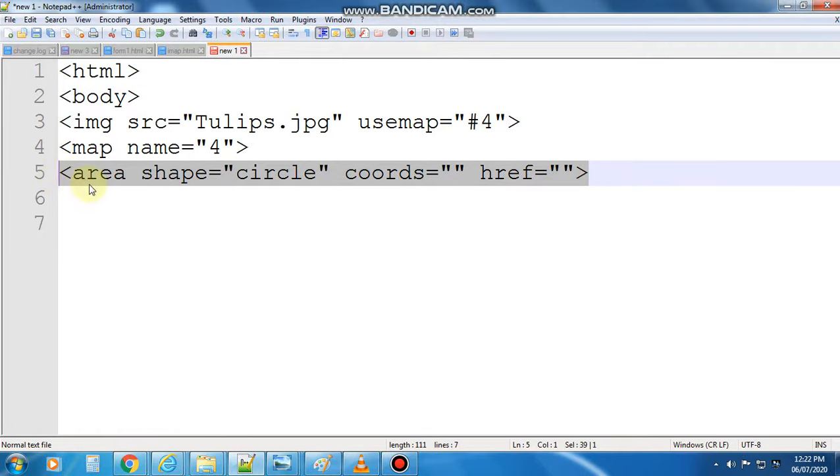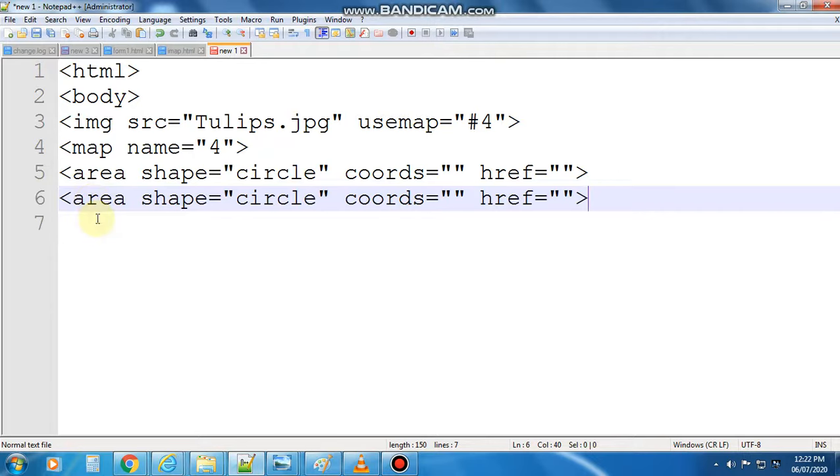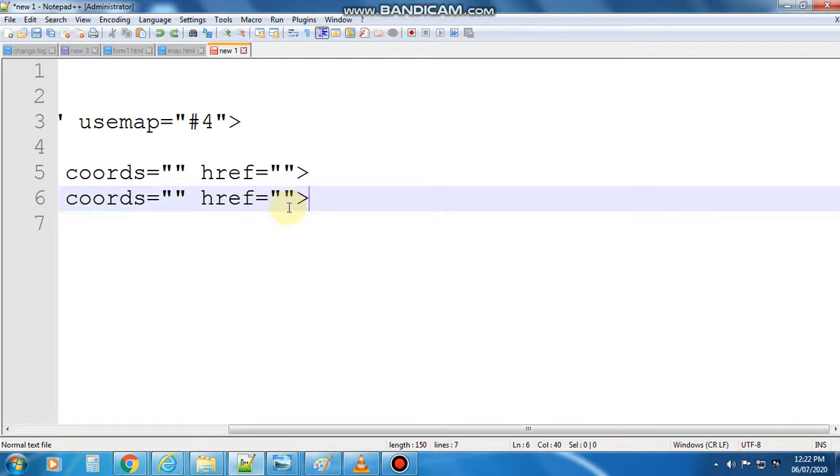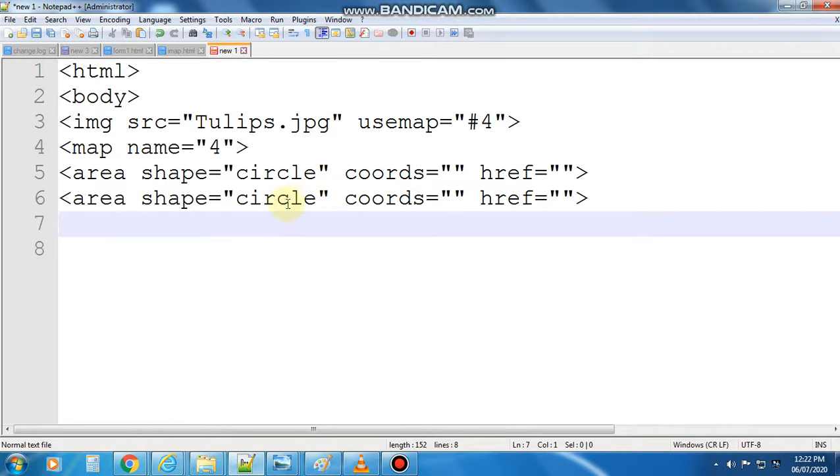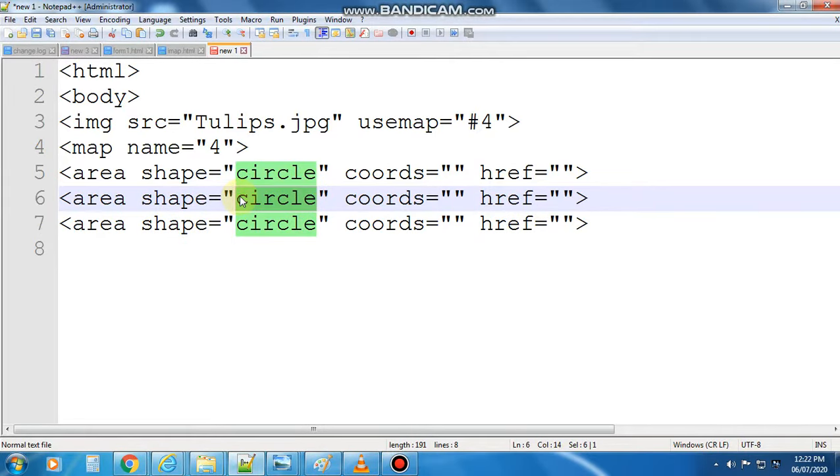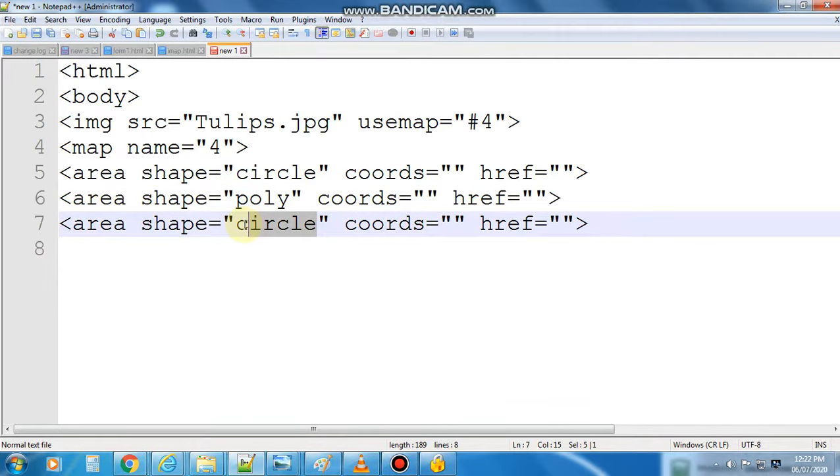I am copying and pasting it 3 times because I want to show you 3 shapes: circle, polygon and rectangle. Then I will use shape equal to polygon, but we will not write the full name, it is poly only. Then here I replace circle with rect. Rect stands for rectangle. Now you can see that I have copied and pasted the 3 lines.